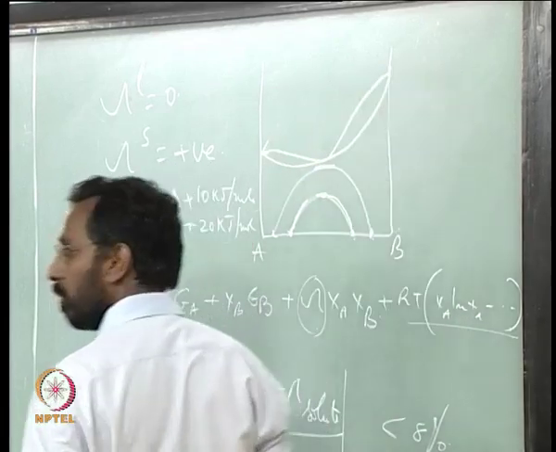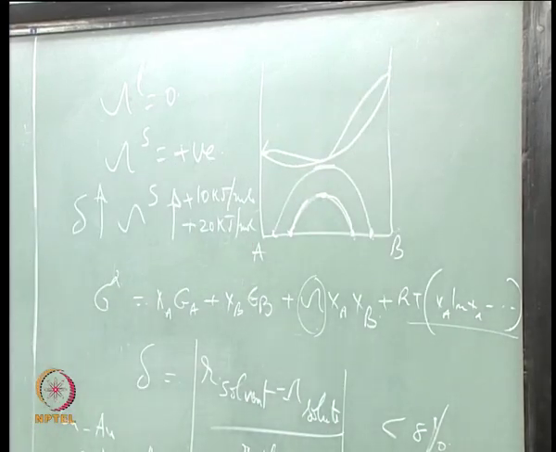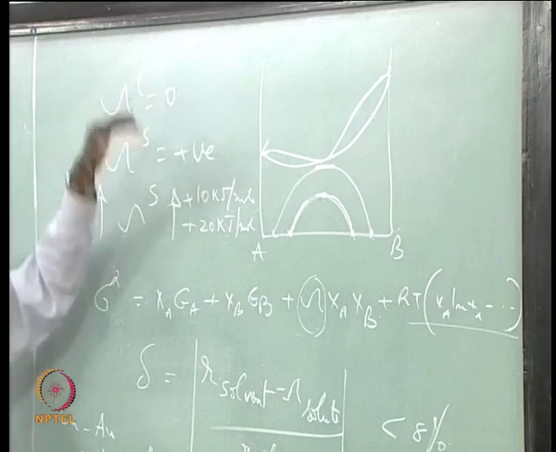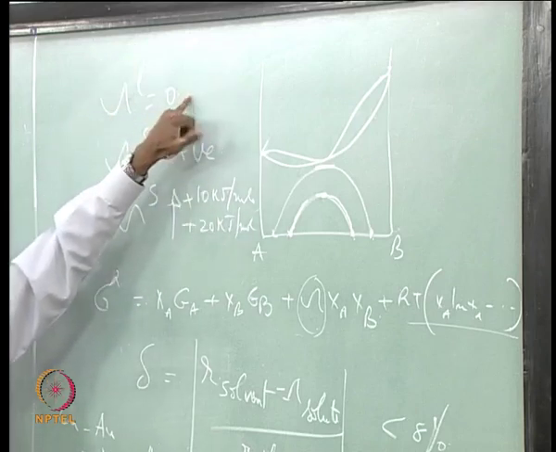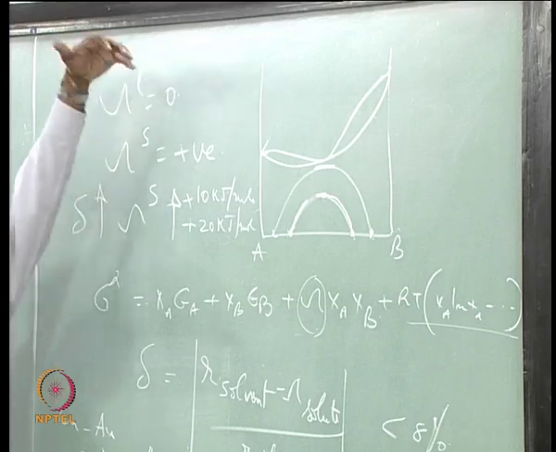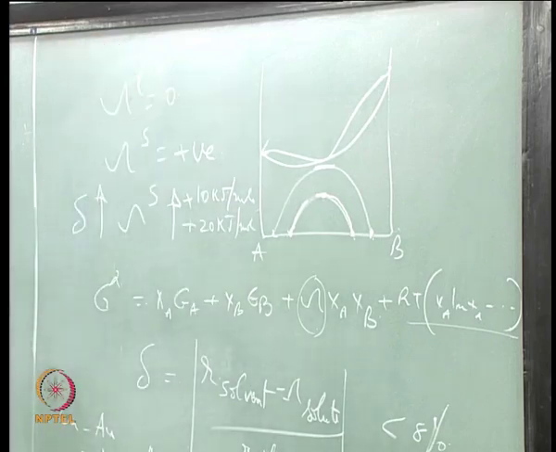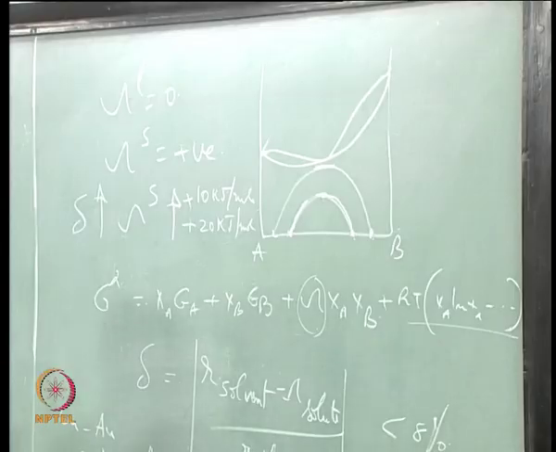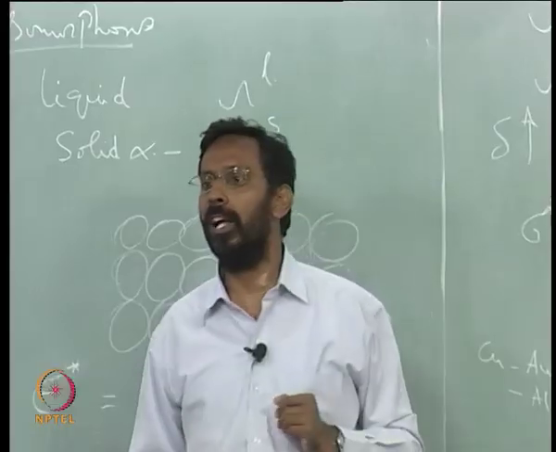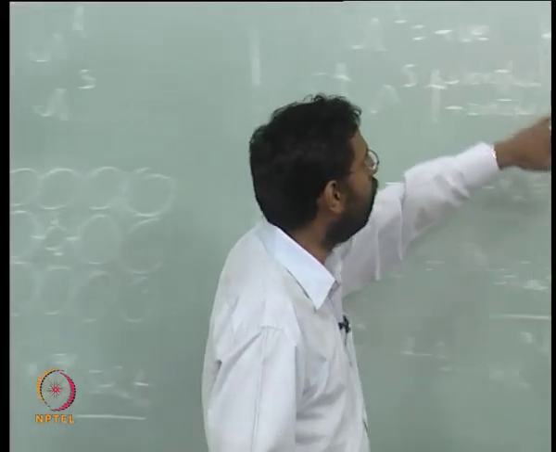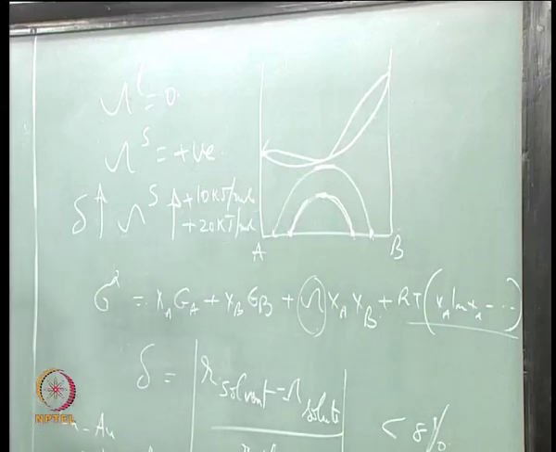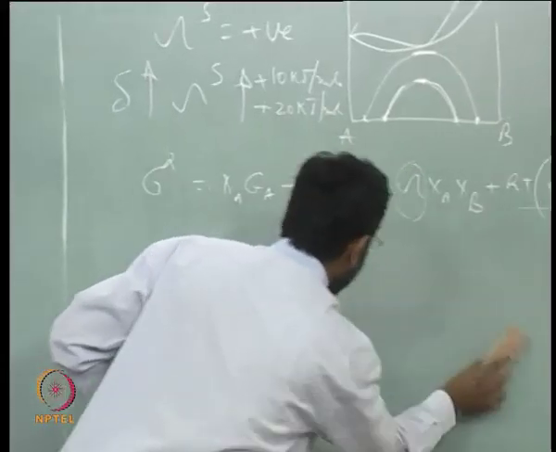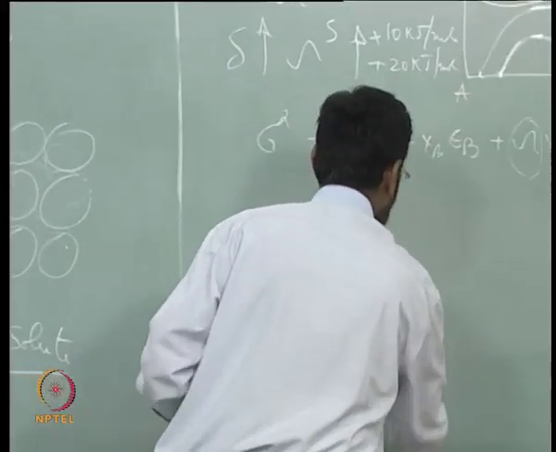because with respect to the solid, now the liquid is more stable, liquid is more negative with respect to this. If this is positive and this is 0, that means it is more stable. So as a result, liquid comes down, liquid is stable over a larger temperature range, and once this happens, there is a particular condition at which both this miscibility gap and the liquidus merge into each other, and once that happens, you would see a situation where the phase diagram actually becomes